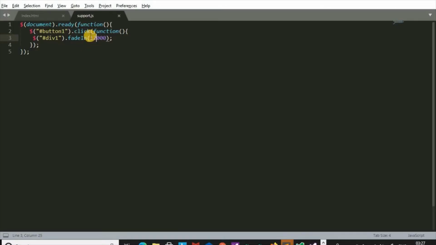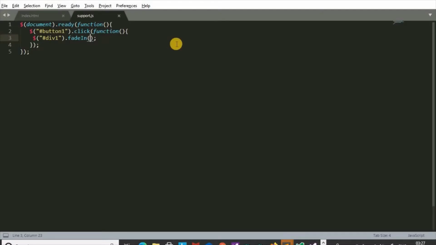Now we can see the fadeIn effect on this triangle. Now it happens fast. If we give here slow.